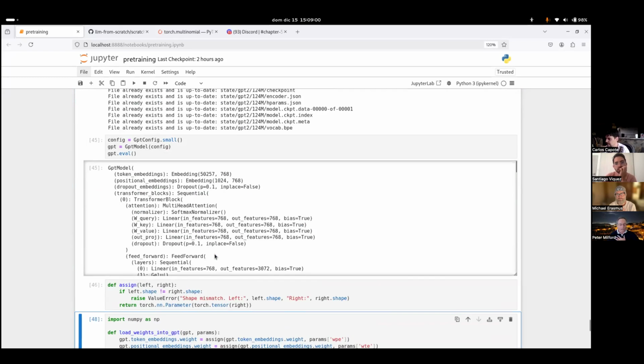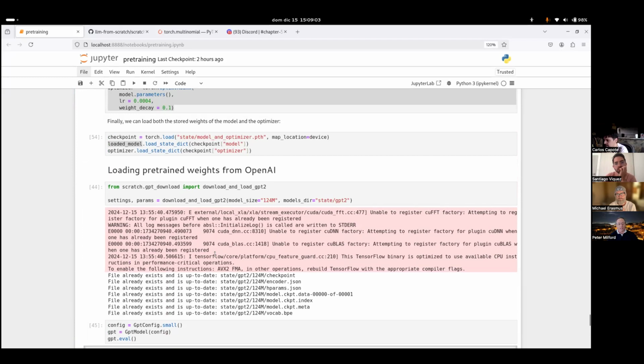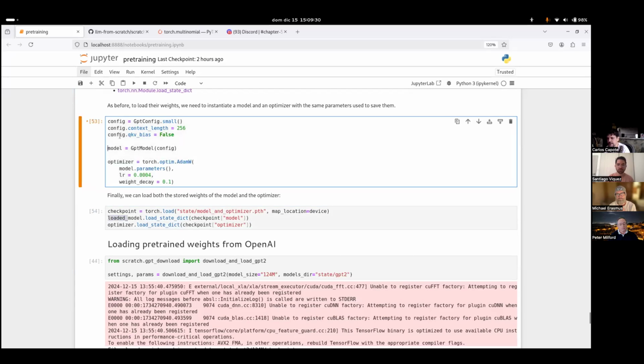I just had a quick question about the loading process. Does it end up having two copies of both the model and the optimizer state in memory at the same time, the way this is loading? Well, in this case I loaded with a different name. I guess I should just use the same model name, so we would be getting rid of it. But in a production